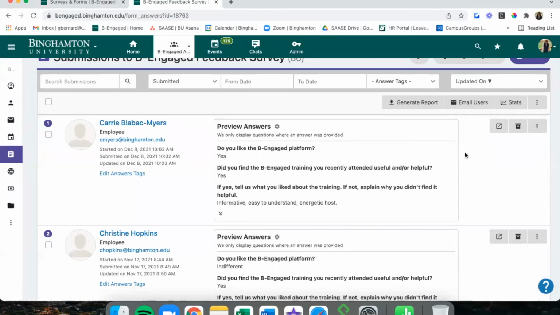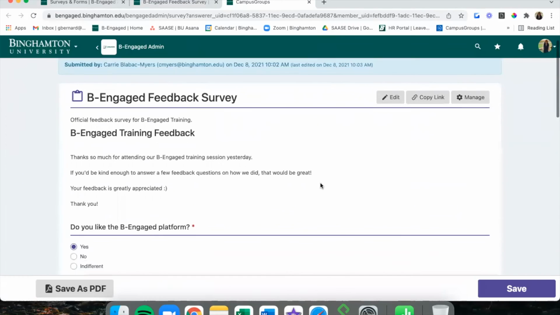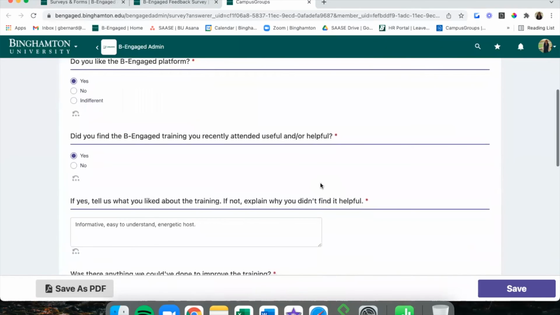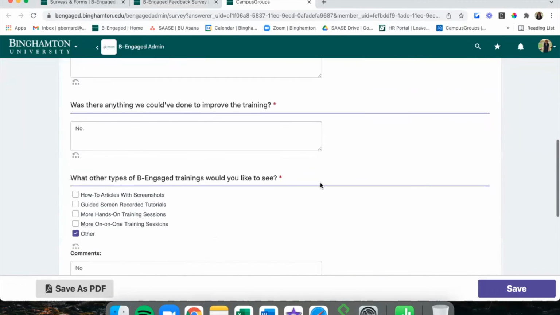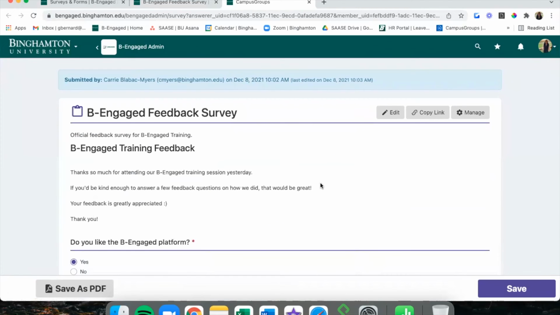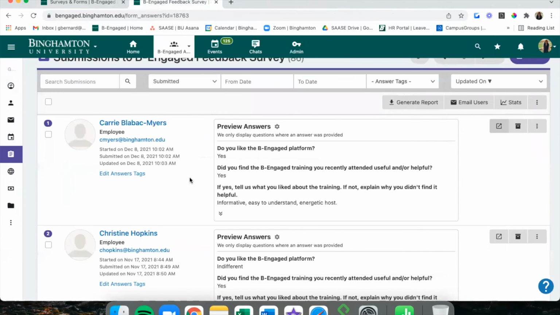And you have the same option with this little preview button. If you click this, you can actually have kind of a copy, quote unquote, of what they've submitted. And this button allows you to archive a response.